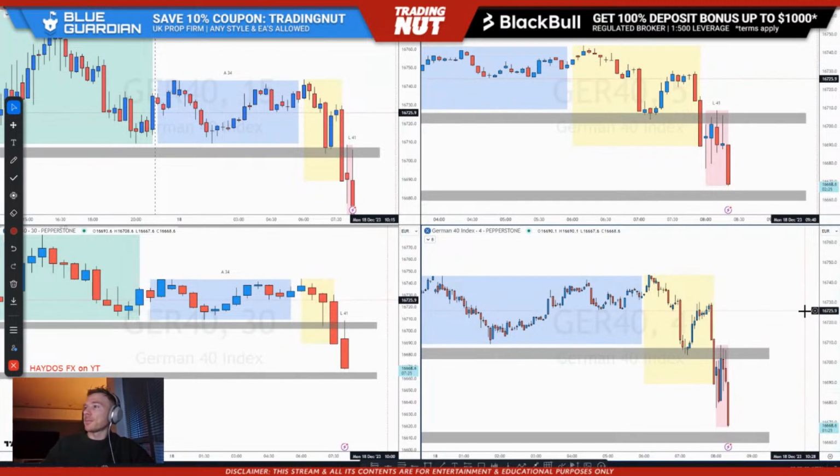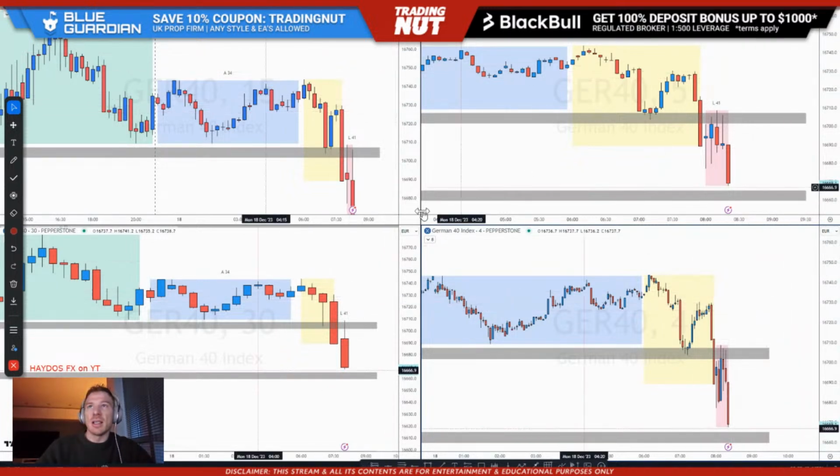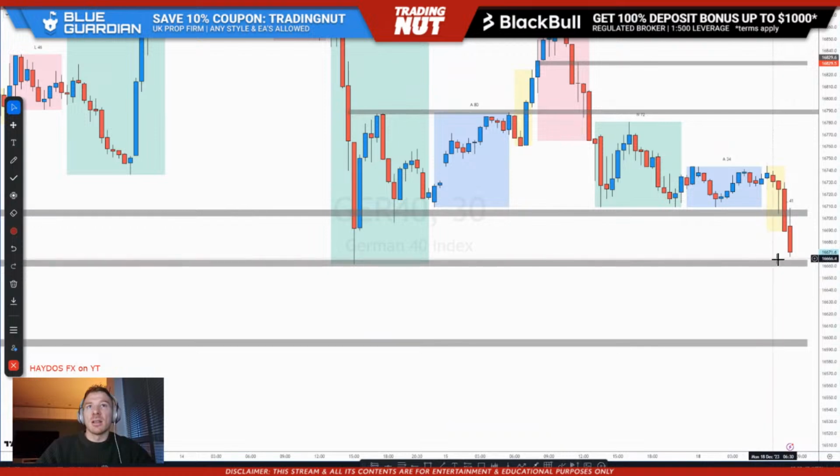Alrighty. Have a good rest of your session. I'm going to set some alerts. Where am I going to set my alerts? I want to know if this will probably go off soon. I'm going to set an alert at this gray zone, back above this candle,